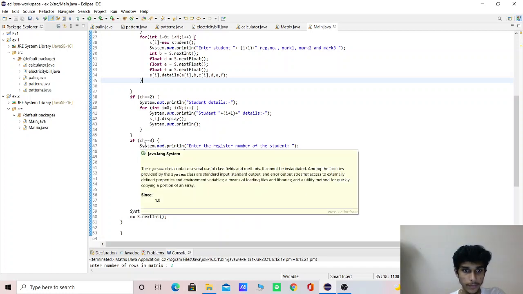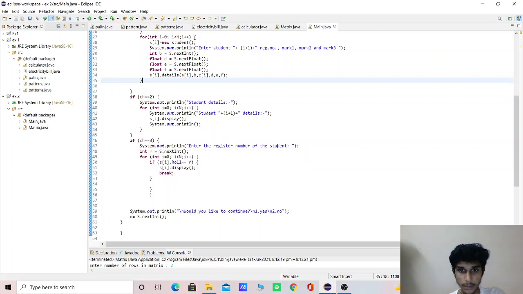If we choose 3, it shows enter the register number of the student, then int r is equal to s.nextInt, for int i is equal to 0, i less than n, i plus plus, if s of i roll number equals r, then we use the break statement here. After this, it shows would you like to continue, yes or no. If we press yes, the loop starts again, otherwise the loop exits.